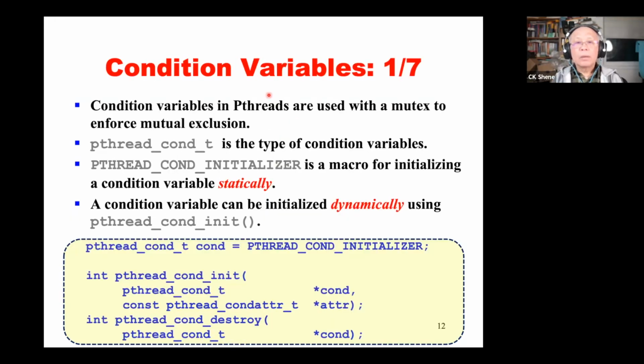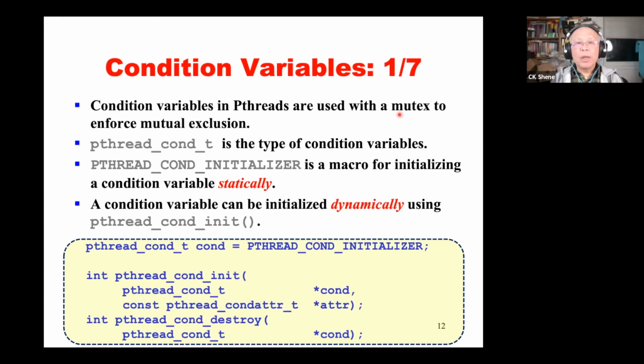Then the next topic is condition variables. Mind you, Pthread has condition variables, but Pthread has no monitor. If you wish to use a monitor, you have to simulate one. We will mention this. So condition variables in Pthread are usually used with a mutex to enforce mutual exclusion. Remember,